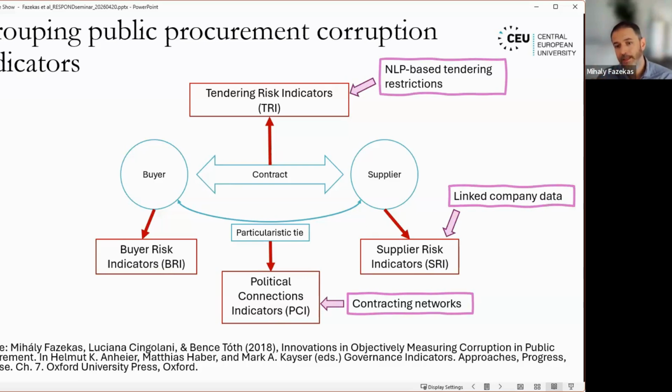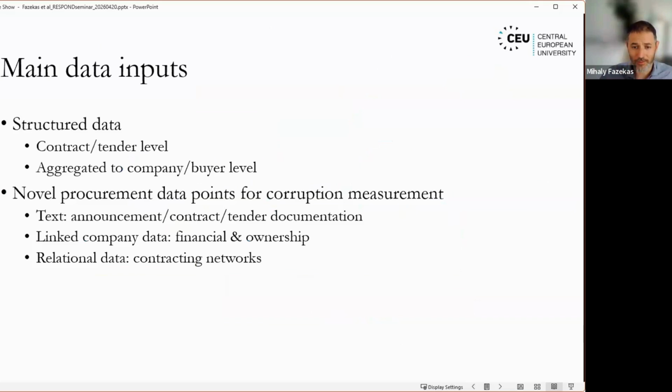And then thirdly, I have the linked company data, playing around a bit with ownership information of companies. Mark that I have nothing on the left-hand side, the buyer risk indicators, and it's because it's far harder. And again, it's driven by data, not because we don't have ideas. So maybe some of you are working on indicators there, so I would be happy to learn about your work. So these 3